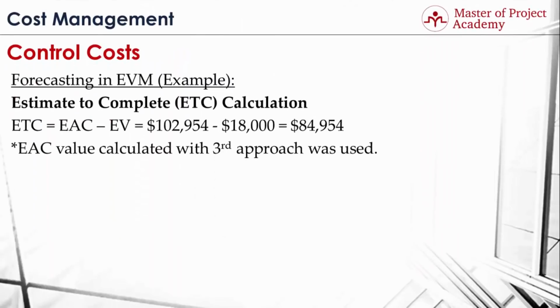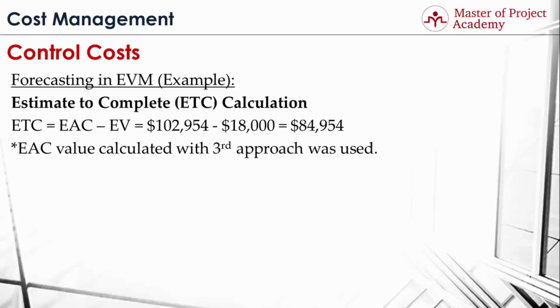Now we will calculate the estimate to complete value. Estimate to complete is found by subtracting the earned value from estimate at completion value. When we substituted these values in the formula, the result is $84,954. This means with the new estimate at completion value, you'll be spending